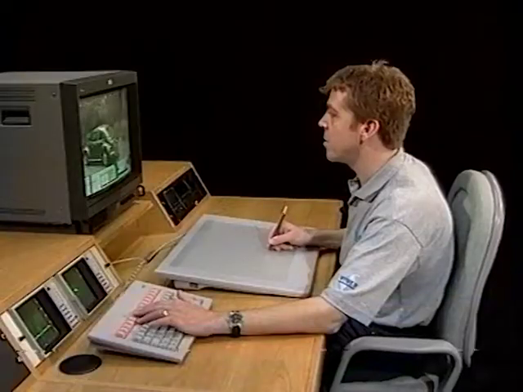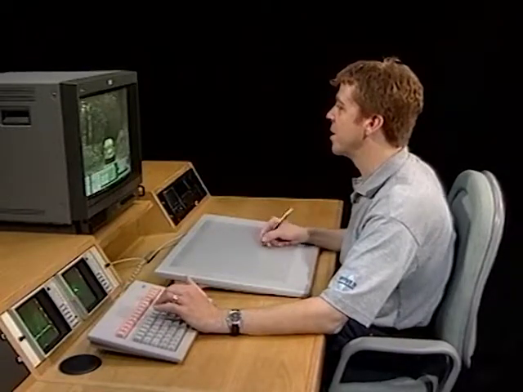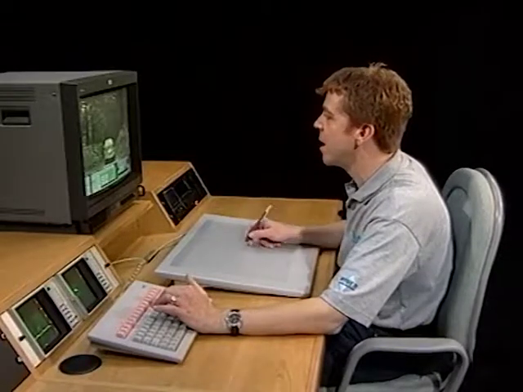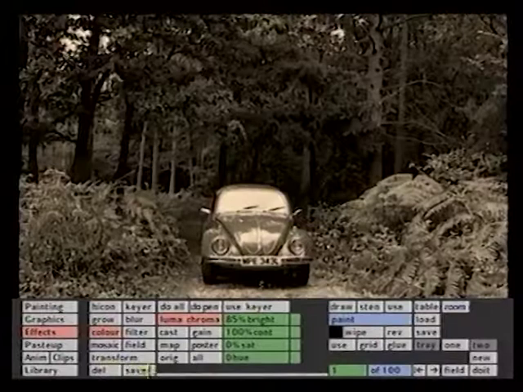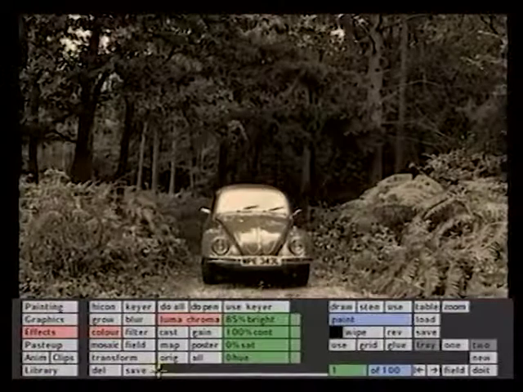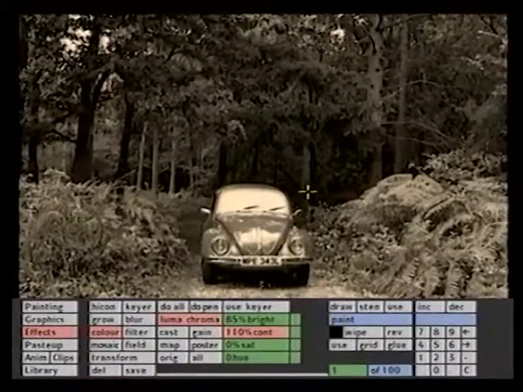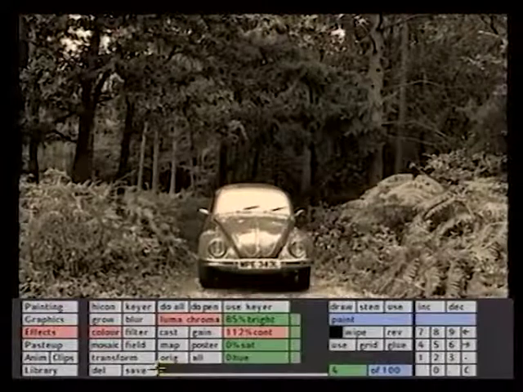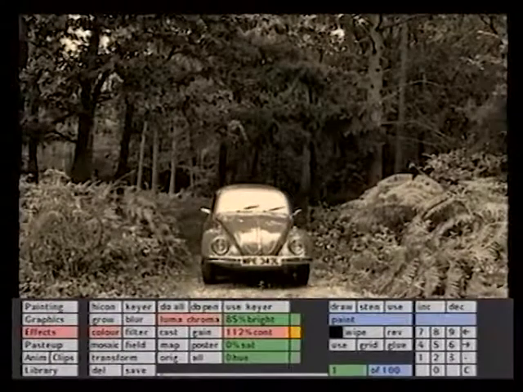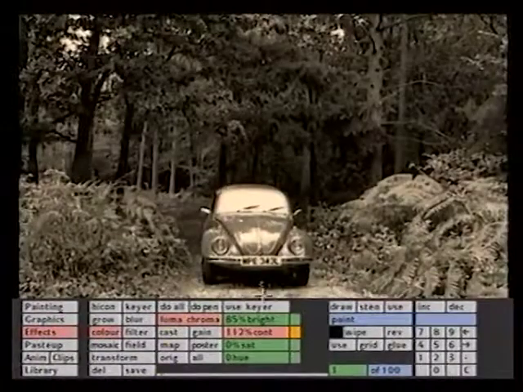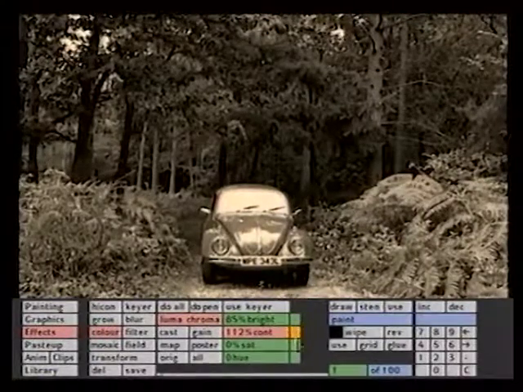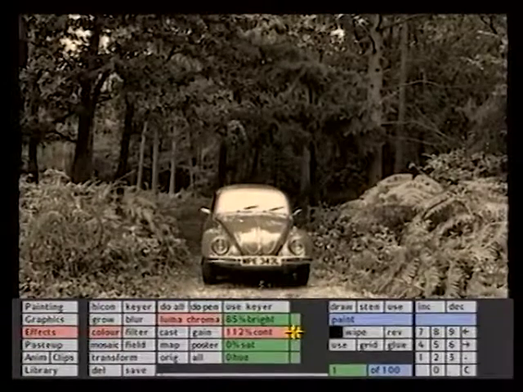I want to further enhance the black and white vintage footage effect by adding some flickering. And I'm going to use the effects timeline provided with the Transform Effects option to achieve this. If I ramp up the contrast and then step to another point on the timeline and wind down the contrast, the values change over time. This orange marker next to the parameter value indicates that the parameter values are changing over time, and if I press on the orange box,